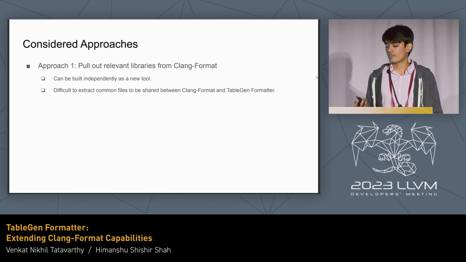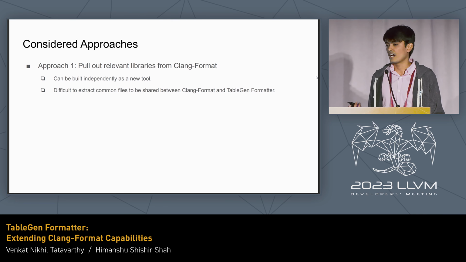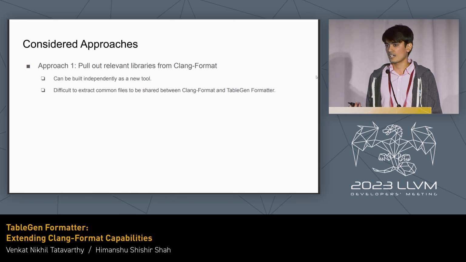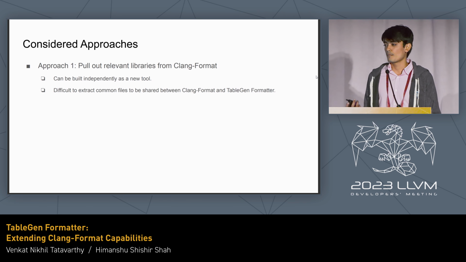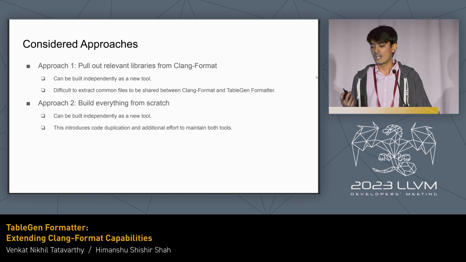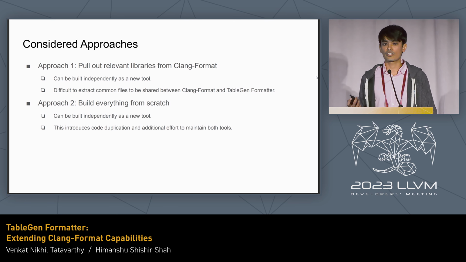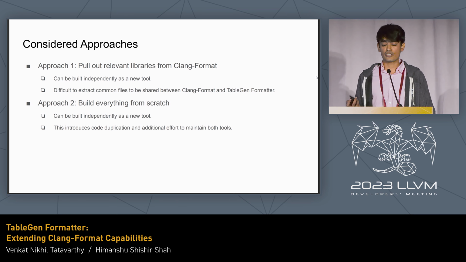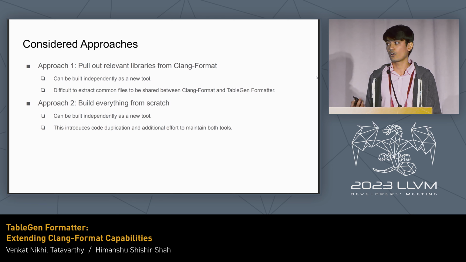So the first approach that we thought of was pulling out relevant files from Clang-Format and reusing them as shared libraries. Now, the advantage here is that the TableGen formatter would be a completely independent tool. But it turns out it's quite difficult to do that. The second approach we thought of was a slightly radical approach, which was building everything from scratch. Once again, the advantage here is the same, but the disadvantage is that this would introduce a lot of code